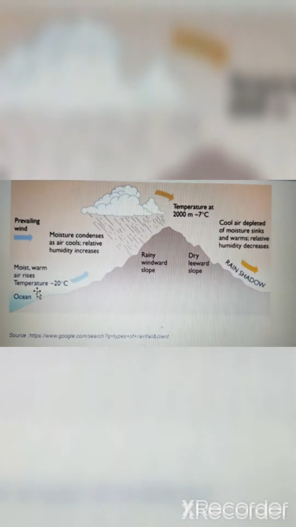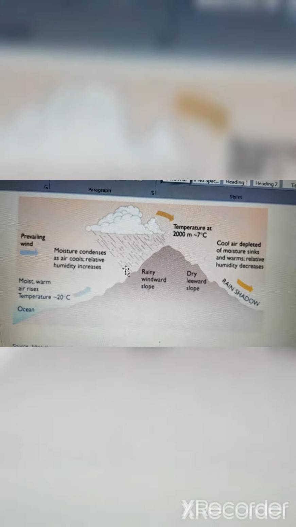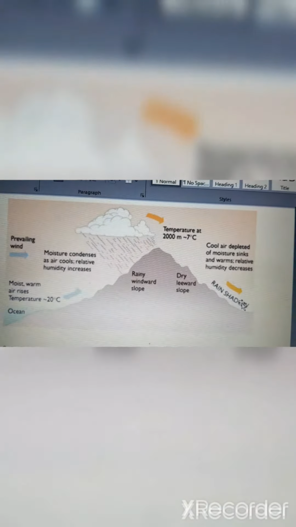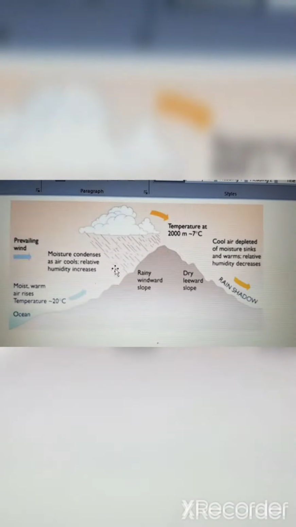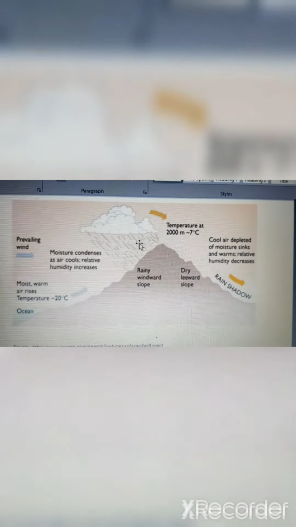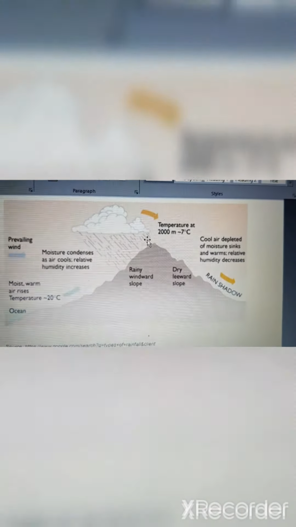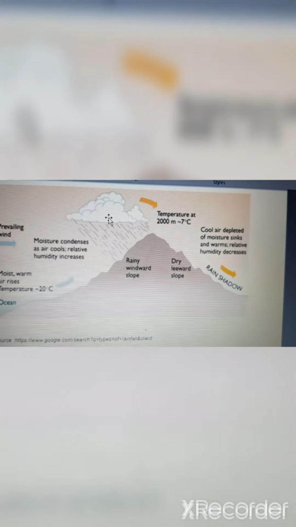The moisture from that ocean rises, and it is forced to rise due to this mountain barrier, and because it is unable to penetrate, it keeps rising to a point where there is really cool temperature. You can see the temperature here is minus 7 degrees Celsius. So condensation takes place, and then